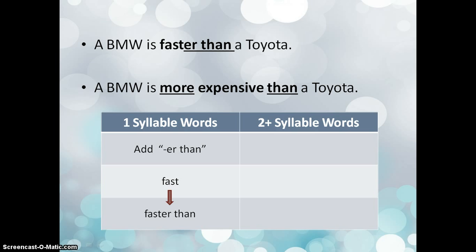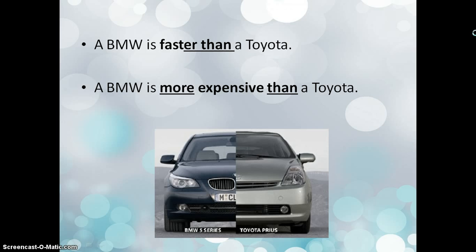You also know that if you have a word with 2 or more syllables, and you're using that adjective to compare things, you need to say more than. So expensive becomes more expensive than. So, we know how to compare things like this already. But what we're going to do is change it so that we are comparing things that